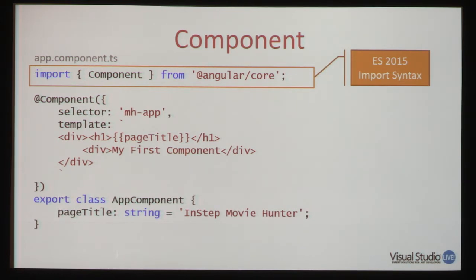The other nice thing about Angular 2 from Angular 1 is that everything we build in Angular 2 is going to look like this. We've got a class, we've got a decorator, we import what we need. And if you've ever created a directive in Angular 1 and you have this whole other syntax you have to learn, none of that, you don't have to do any of that anymore. In Angular 2, it's all components. Class, decorator, import what we need.